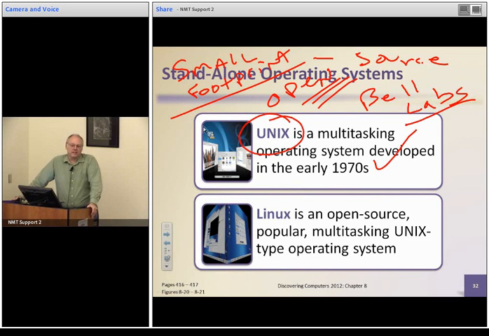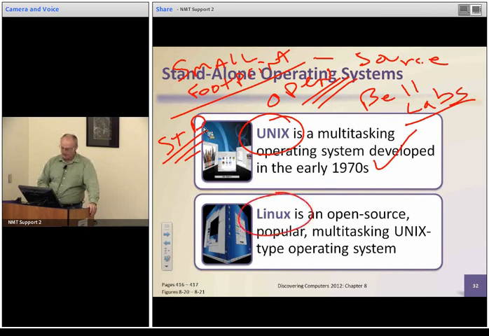So periodically, people that run Unix have to reload the kernel, just because, in some ways, it gets a little fishy in terms of managing memory. It gets lost at some point. So at least once a week, most people reboot their Unix server and reload the kernel. Now, because of all these changes, there are certain standards in Unix which people try to adhere to. And many companies use one of these standards and don't modify it anymore because it's harder to support things when they're all custom made. Linux was written by a guy, open source again,